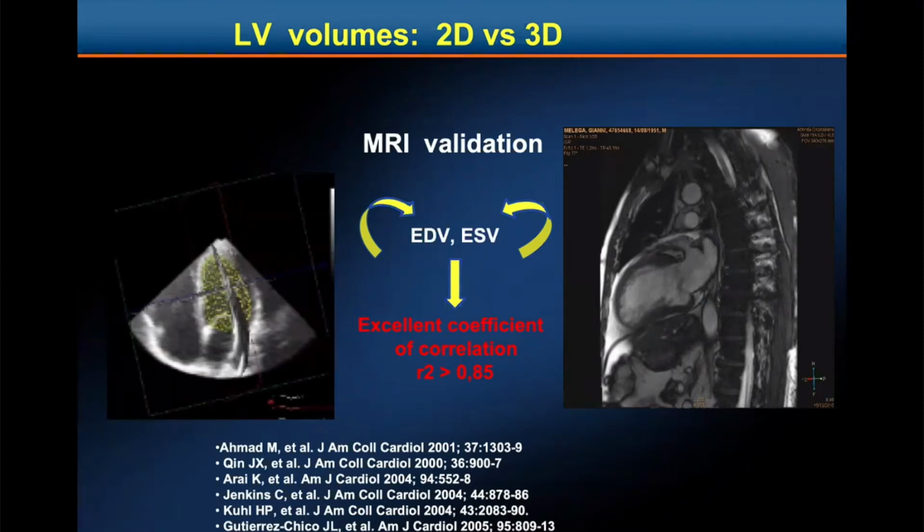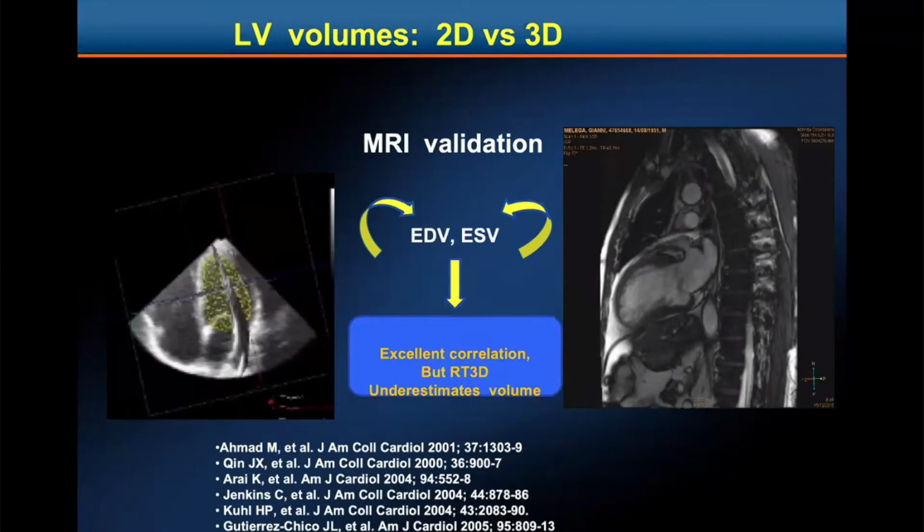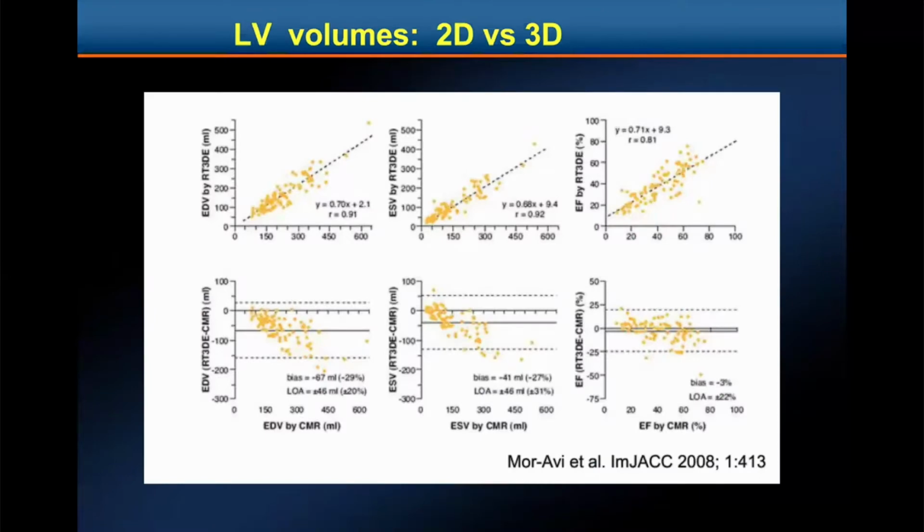There are several studies from the last years showing excellent correlation, but three-dimensional echocardiography underestimates some of the volumes. There is also good correlation from this study, shown later, between the 3D and 2D echocardiography volumes and